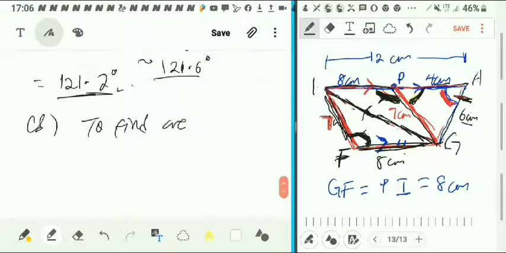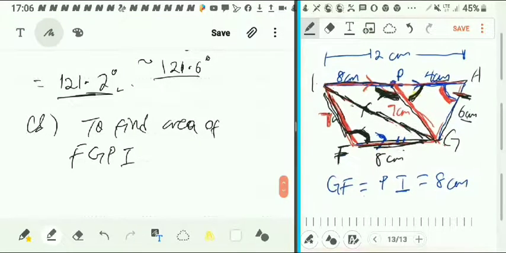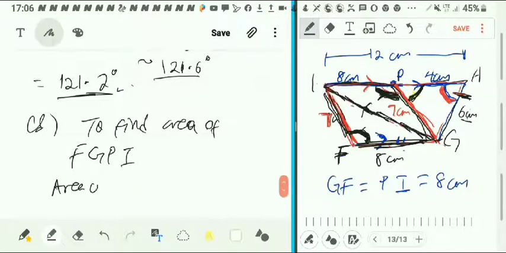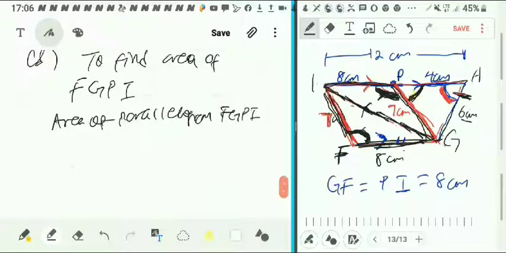The area of FGPI. To find the area of FGPI, okay, where is FGPI? FGPI, that's the area of this parallelogram. Area of parallelogram FGPI. Now, the area of a parallelogram, you can use any of these: base times height or length times width